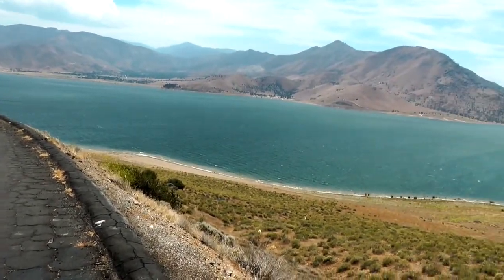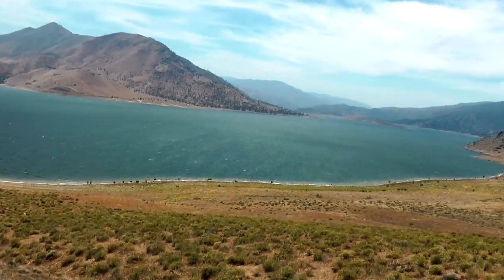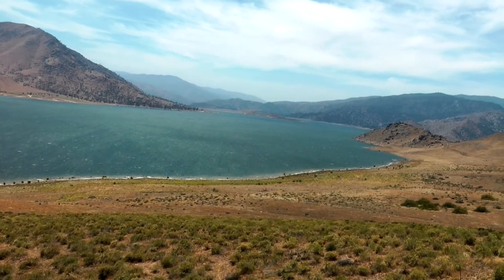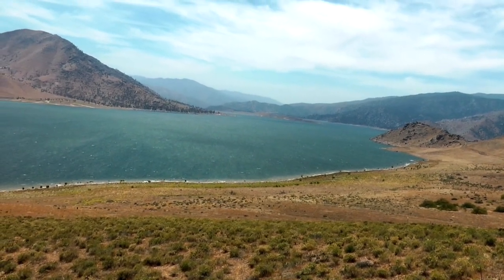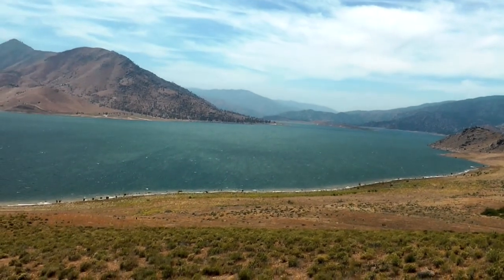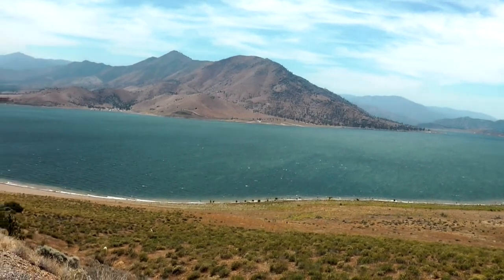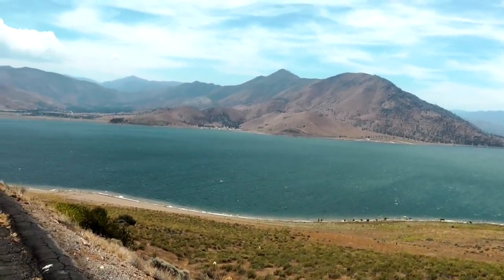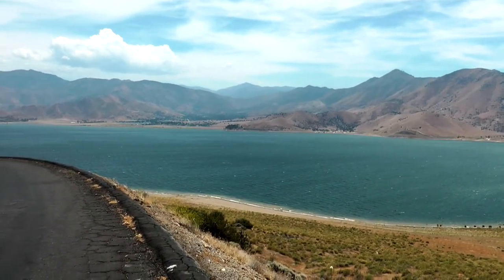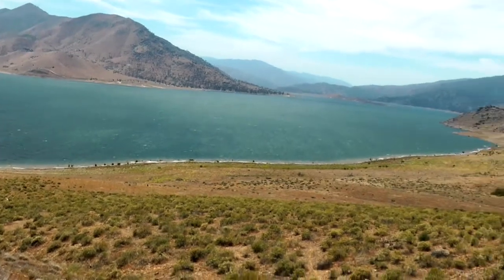So I'm happy to see that the lake is doing really well. And boy, I'll tell you, there was a lot of traffic up there for the area. And it's looking really, really good. And as we're about to see, the river was running full and bank to bank, but we'll show that in a minute. So now I'm going to show you some footage of what to expect when you're driving into Kernville,